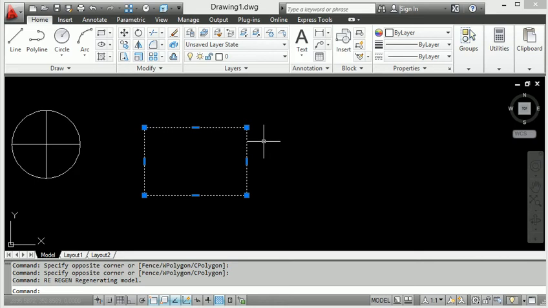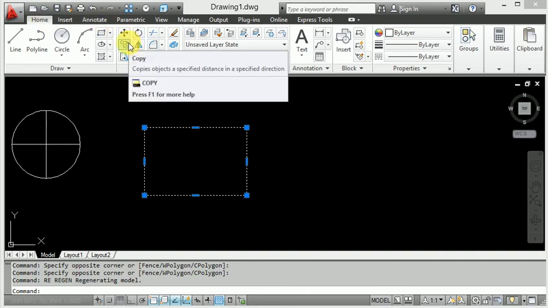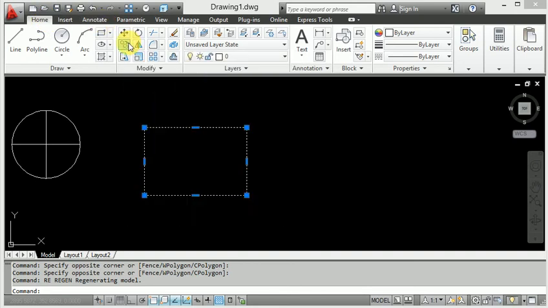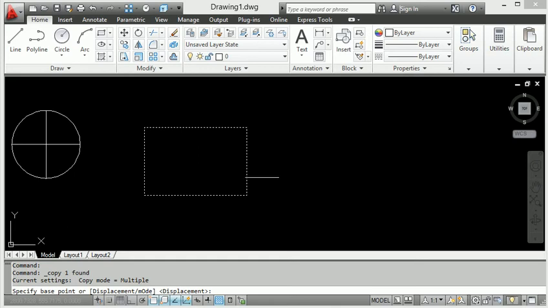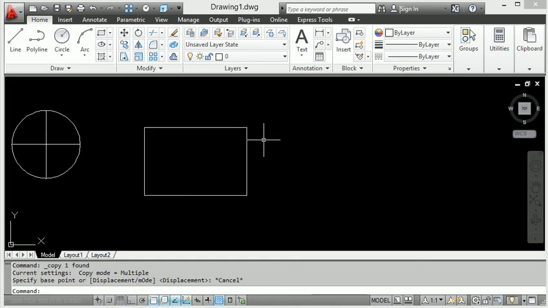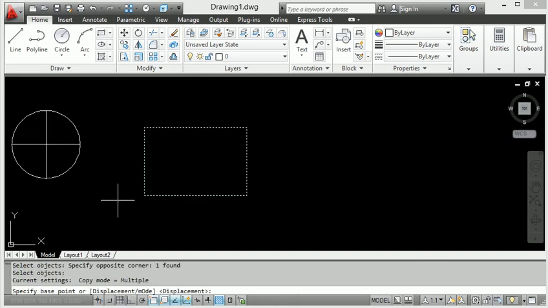When I go to copy here, basically here you can see this is the home page and get the copy. Press copy, select the whole diagram, and after that press enter.